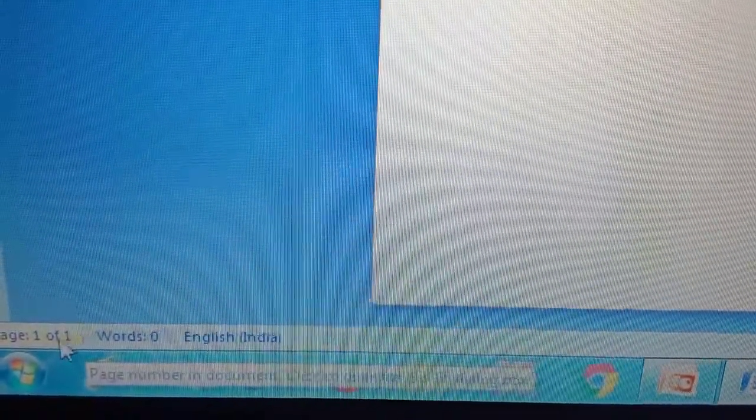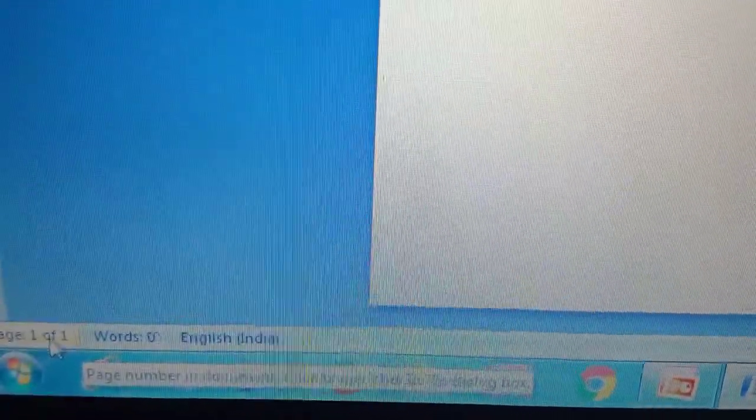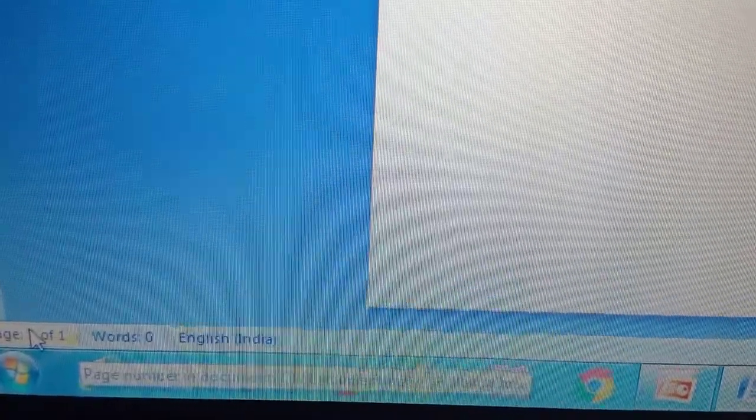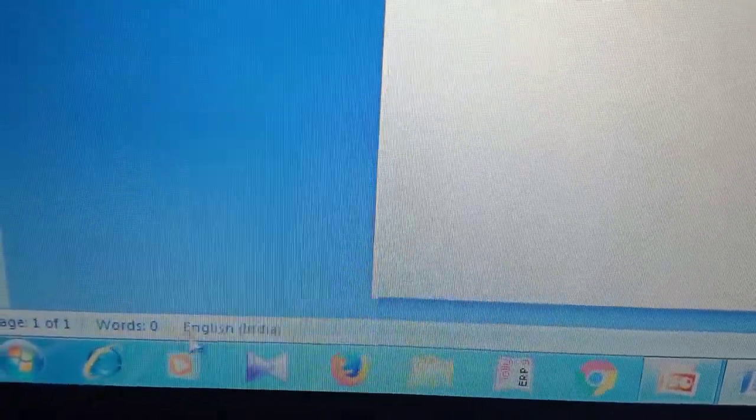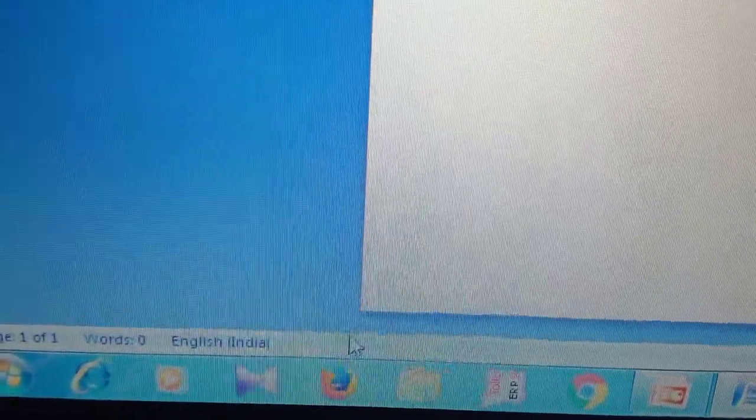Then it is the first page, so it shows page 1 of 1. So this total is the status bar.